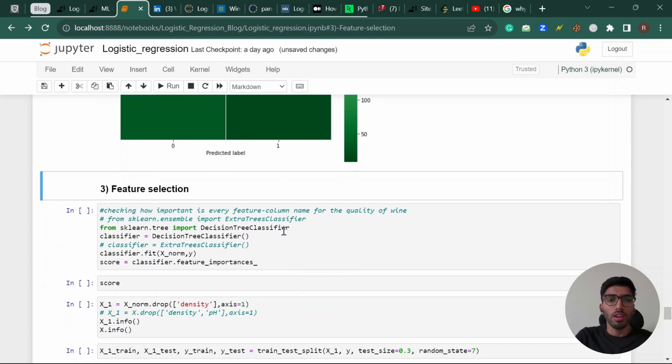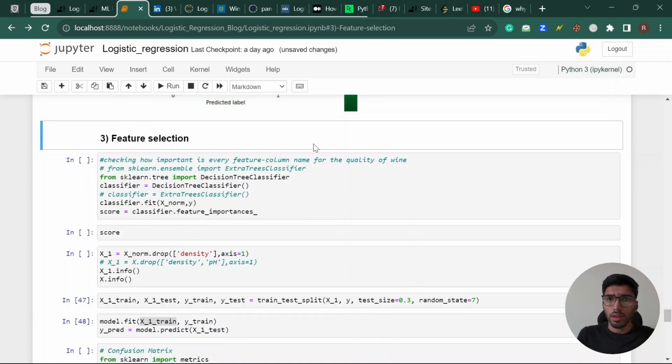Now moving on to the third section, which is feature selection. In our whole data set, we have different features, and each feature contributes to the prediction of the quality of wine. But each of them does not contribute equally. Some of the features would have higher impact, while other features would not have much impact on the prediction. So the features which do not have much effect could be removed in order to avoid redundant information in our dataset, because this redundant information could lead to overfitting our model onto the dataset, which in turn decreases the accuracy